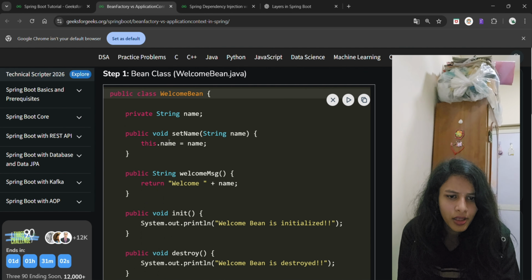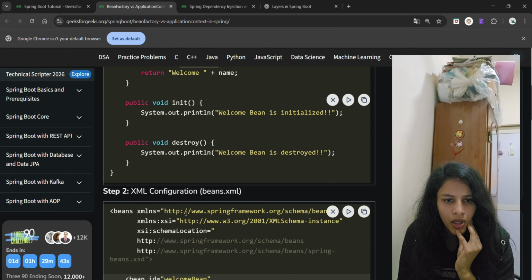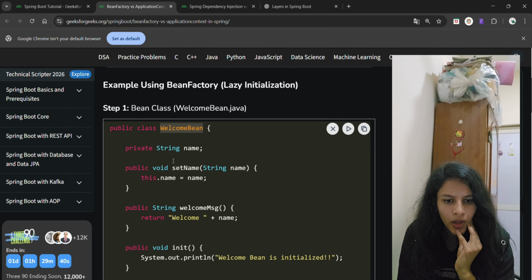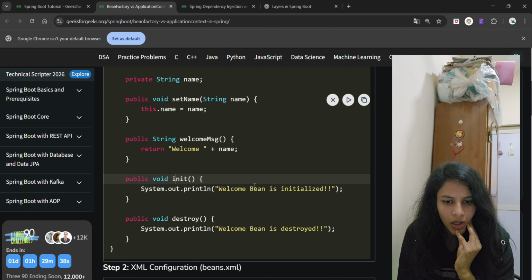Fine, let's see. Test class. Okay, ClassPathResource, which was deprecated. XmlBeanFactory, called this. Okay, WelcomeBean, we typecasted factory.getBean, which is WelcomeBean. We gave the ID as welcomeBean and it should call this. Which will go to init first, right? WelcomeBean is initialized and